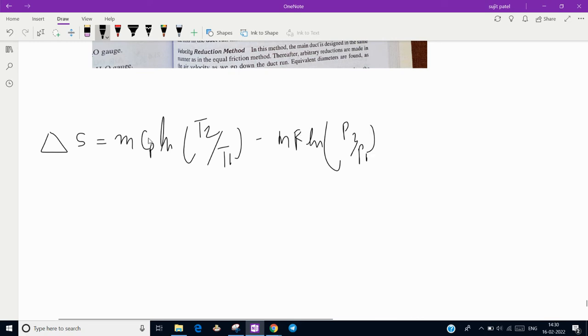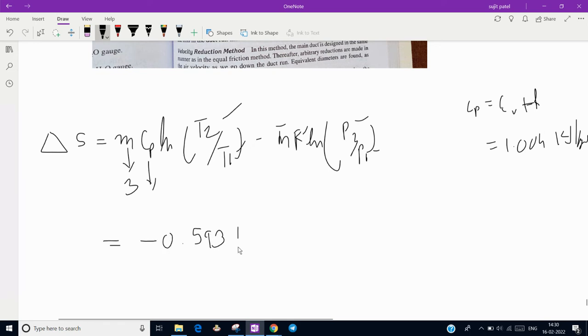We have m equal to 3 kg, and cp is equal to cv plus R. Cv and R values are given, so you will get 1.004 kilojoule per kg Kelvin. T2, T1, m value, R value and the pressure ratio we have, so you can find the entropy is minus